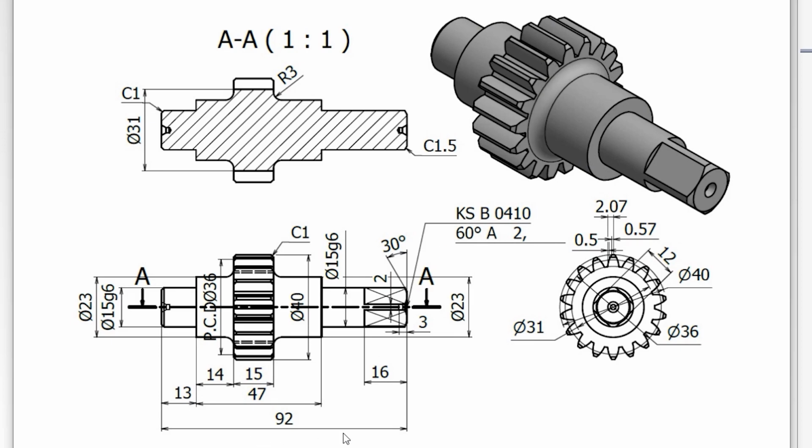So this is 92 millimeter total length here. 47 is the length here, this diameter is 23 millimeter, and 15 millimeter is the length of this gear here. 13 millimeter is the length, 15 millimeter dia here and 15 millimeter dia here of G6 tolerance, and 40 millimeter is the outside dia, and this is the 36 millimeter addendum circle, which means it is a